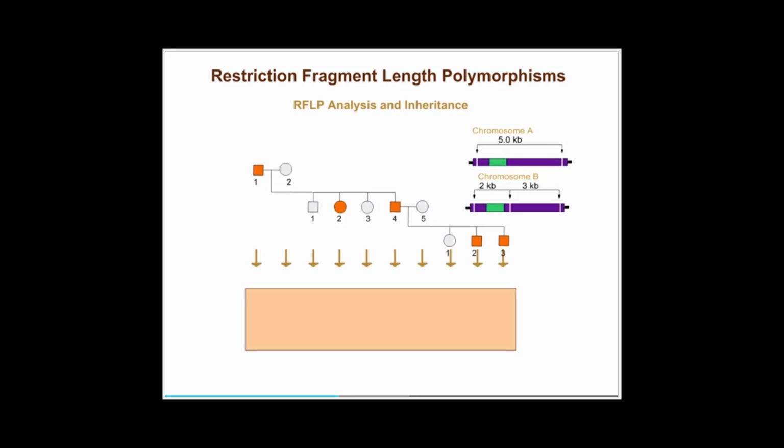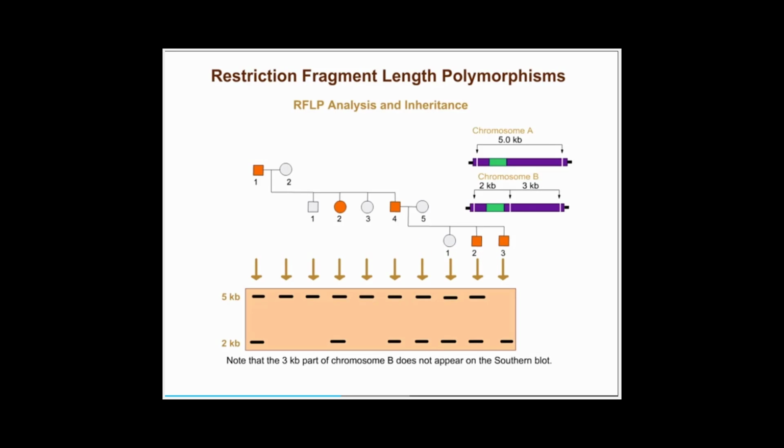The digested DNA is electrophoresed on a gel and then transferred to a DNA filter for Southern blotting with a probe that hybridizes to the DNA indicated by the green color. If the locus of the RFLP and the locus of the disorder are near each other on the same chromosome, they will show linkage. Although most RFLPs tested will not show linkage to the disorder, the RFLP in our example